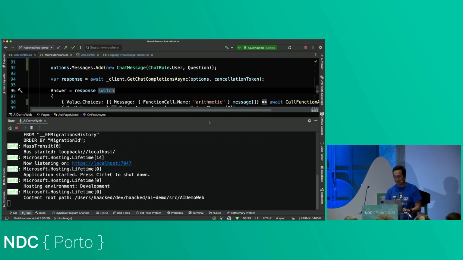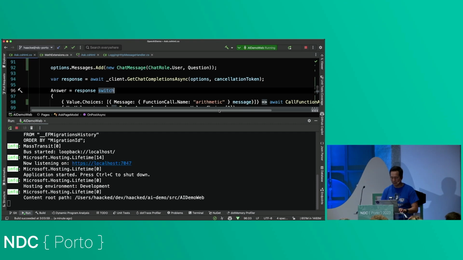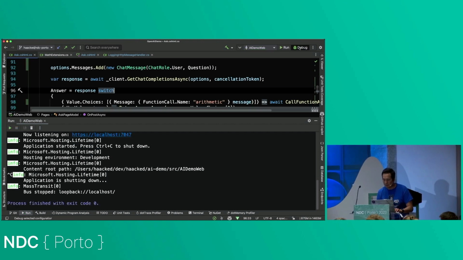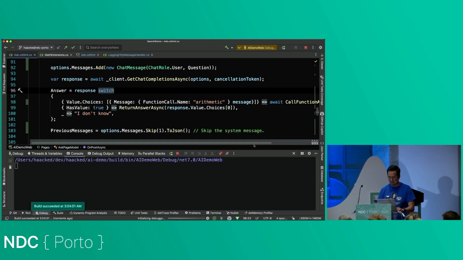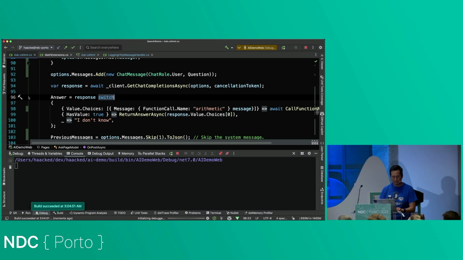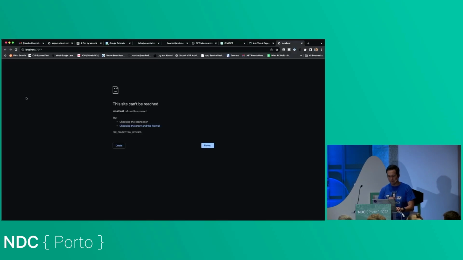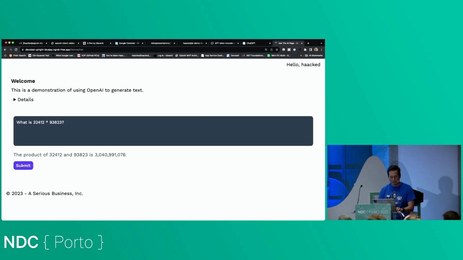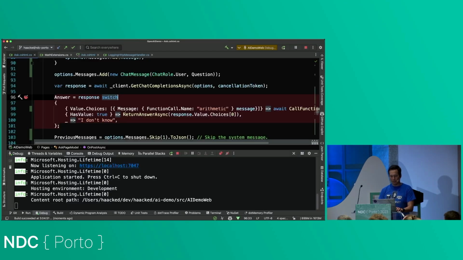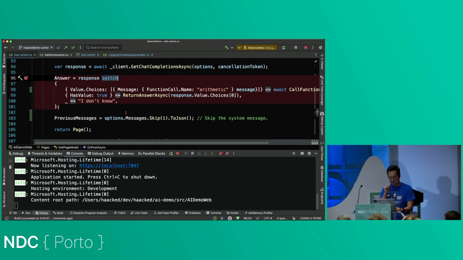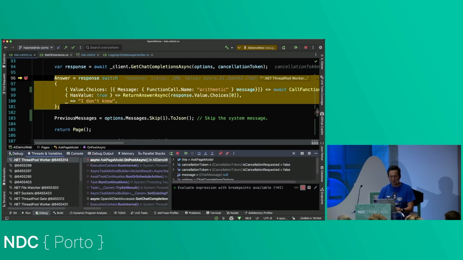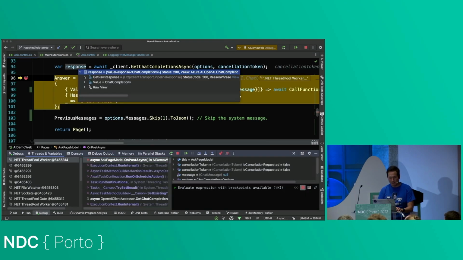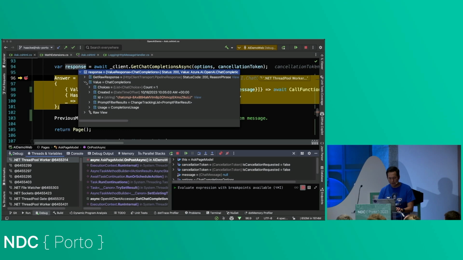And so let's step through the debugger and see kind of what's happening there. How are we doing on time? OK, we're doing OK on time. Stop debug. So I'm going to submit this again. And we should hit this point. And so we get response, value, choices.